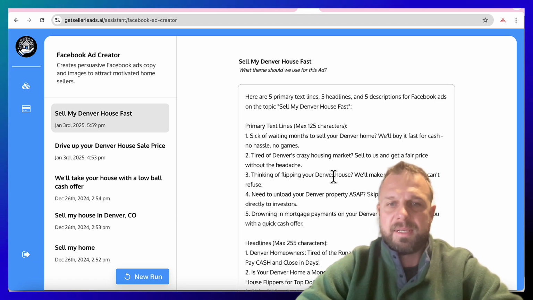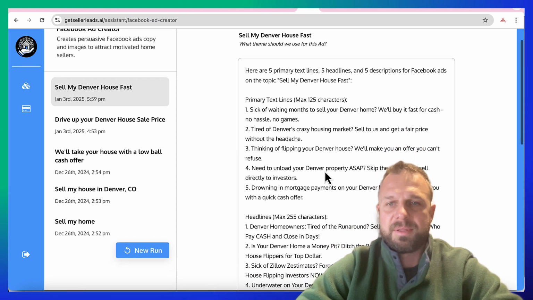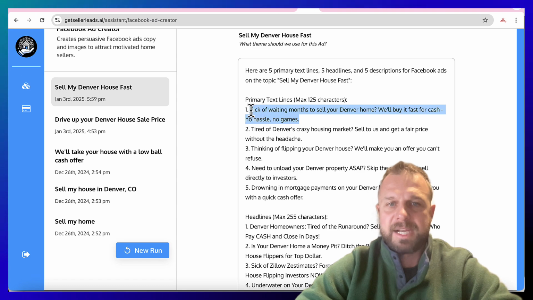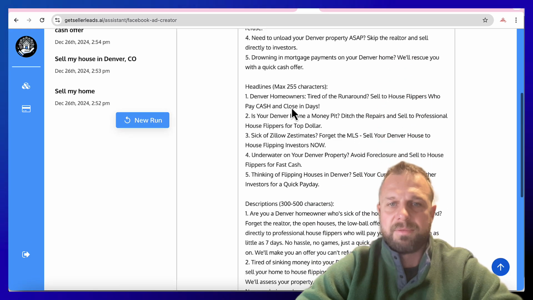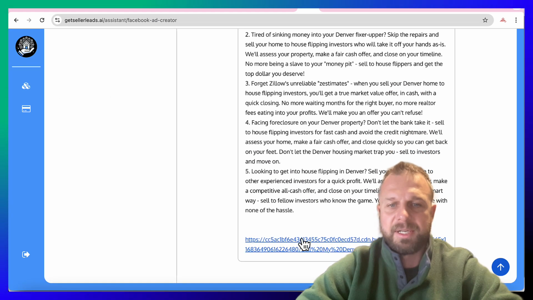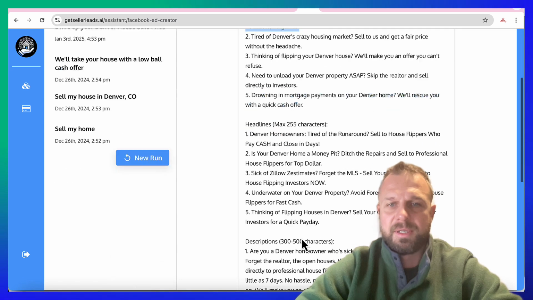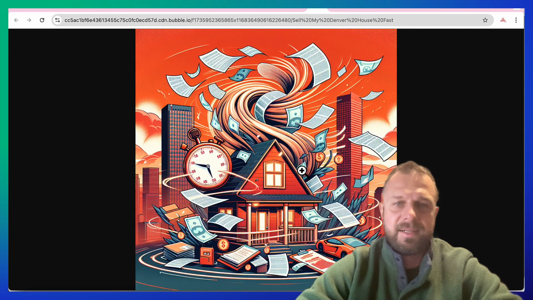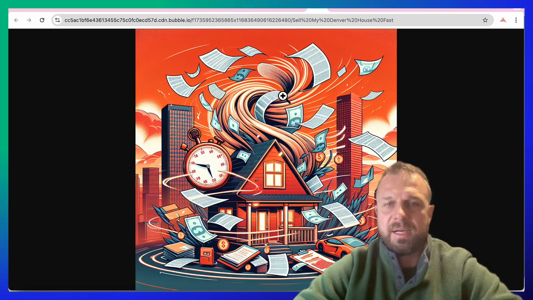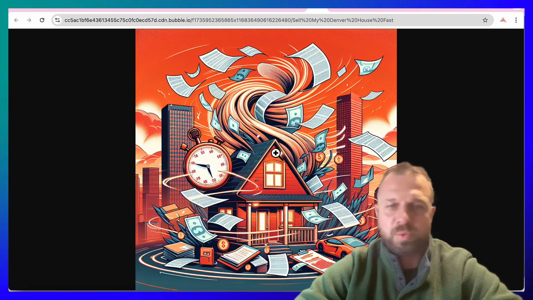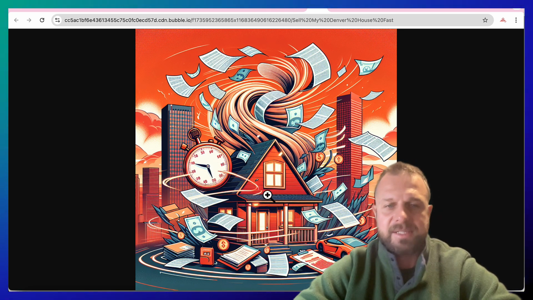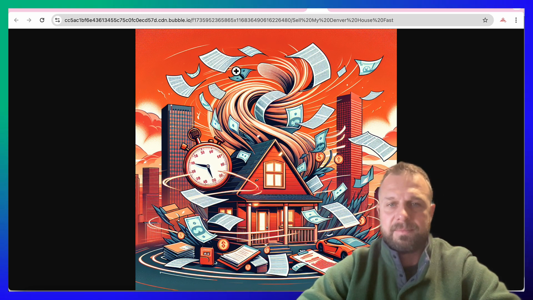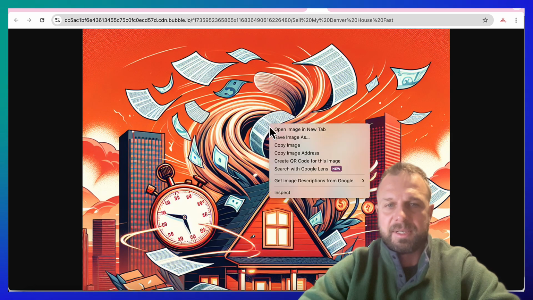So here, the AI came up with some text lines, which we'll come back to in a sec. But here at the bottom is an image. We'll click on this image. So here's a good ad image it came up with. Sometimes if there are words on it, AI gets them a little messed up, and there's a really quick, easy way to fix that. We'll go into that in the next lesson. But for now, we want to just get an image